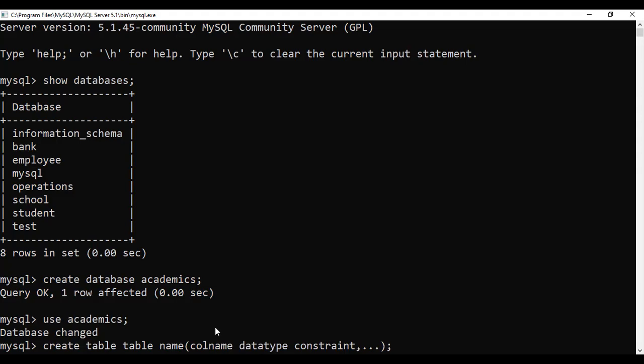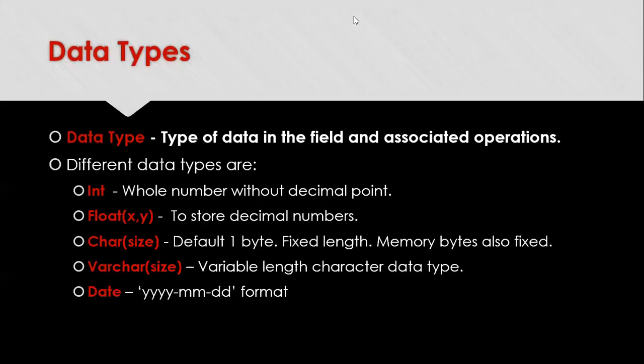So when I say table name, it's a single word. That means it should follow all the identifier rules of a programming language. You know what the identifier or variable name rules are that you have to follow. So this is the syntax. Before moving to how to create this table, we will see what a data type is and what the constraints available in SQL are. Let's see the different types of SQL data types and SQL constraints.